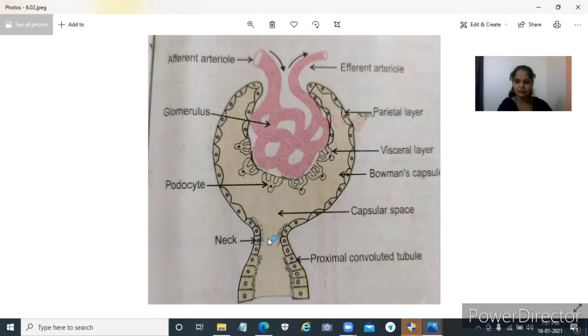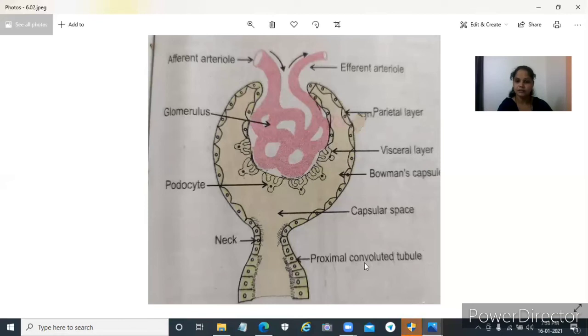This lumen of neck is called as a urinary pole, while this neck cell they are made up of the single layer of ciliated epithelial cell. केसासारख्या असलेलं स्ट्रक्चर किंवा इपिथेलियल सेलच्या वरच्या बाजूला सिलिया सारखे काही भाग असतात म्हणून याला म्हणायचं सिलिएटेड इपिथेलियल सेल. Now this neck like portion continues to the PCT, that is a proximal convoluted tubule.